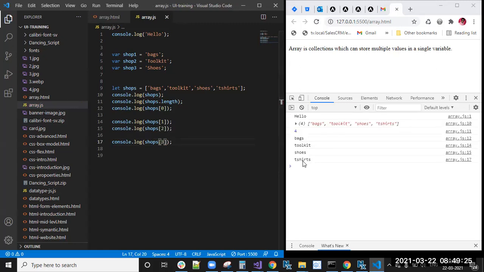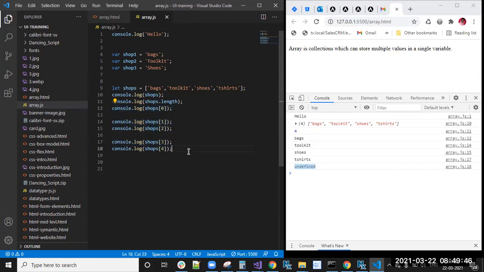You will get bags, toolkit, shoes, and t-shirts. What if I try to get the fourth element? I will get undefined, because that element is not defined. So this is how we can access array elements by using indexes.